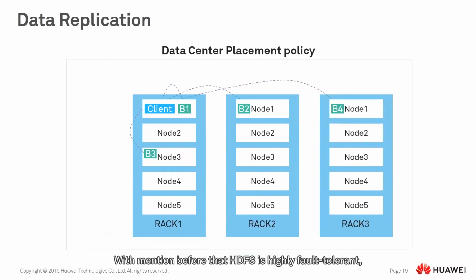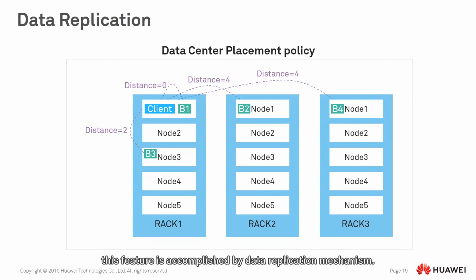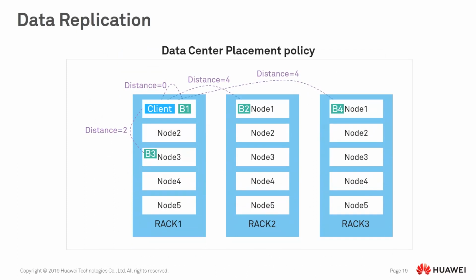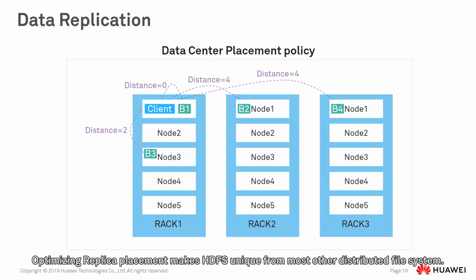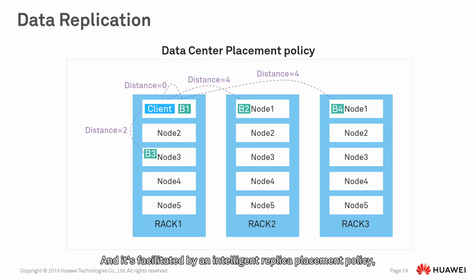We've mentioned before that HDFS is highly fault-tolerant. This feature is accomplished by data replication mechanism. HDFS replicates file blocks and stores in different data nodes. An application can specify the number of replicas of a file at the time it's created, and this number can be changed anytime after that. Optimizing replica placement makes HDFS unique from most other distributed file systems, and it's facilitated by an intelligent replica placement policy,